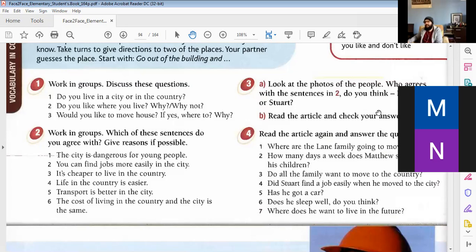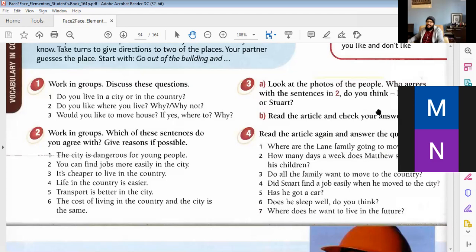Because here we have different shops. Shops. Yeah. And what about the prices? Are the prices good in the shops? Yeah. So you like it only because of the shops? Yeah. But